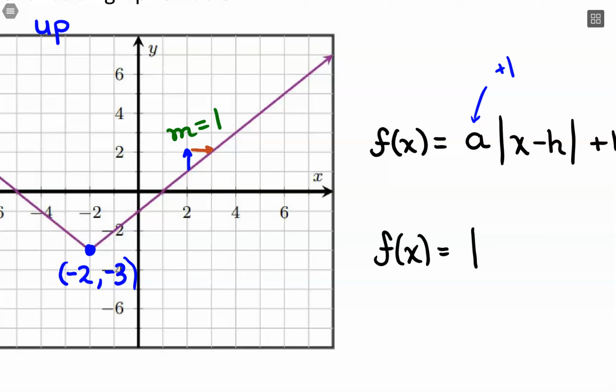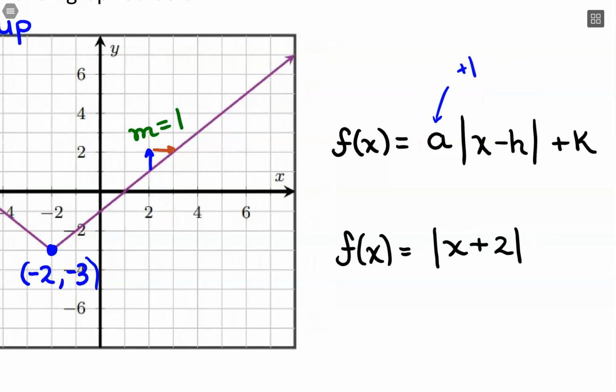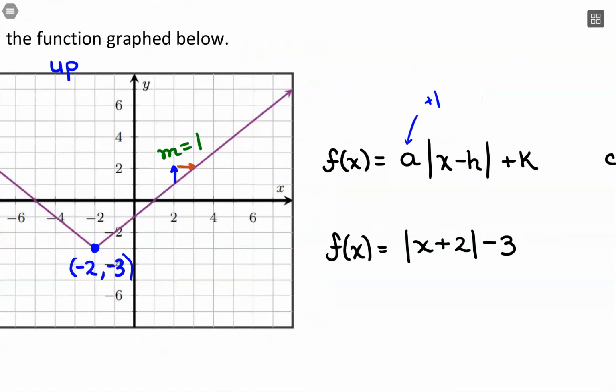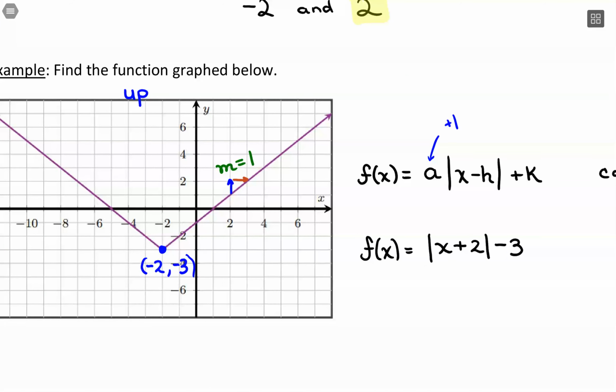Now my corner, so x minus h, again we expect subtraction. What I'm plugging in for h is the negative 2, so that's what's going to make it positive 2. And then for k, we just copy whatever y is, which is a negative 3. So this right here is a function for the graph that I'm seeing over there, based on the corner of the graph, and the slope and direction that it's opening up. For the number out front, we have a positive 1 there because of the